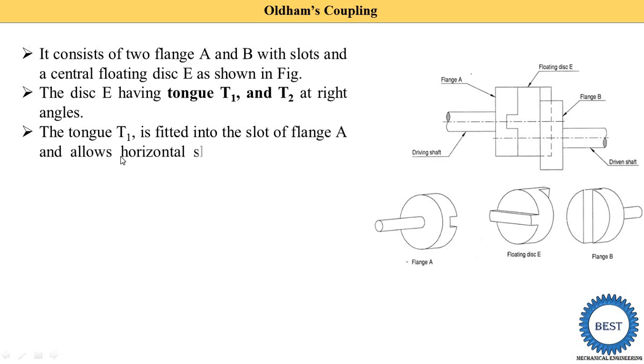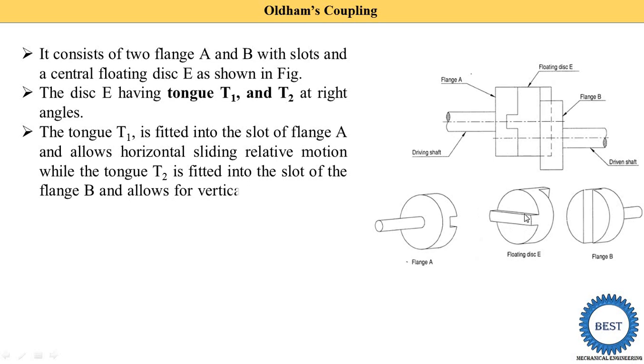Tongue T1 is fitted into the slot of flange A. So this tongue T1 is fitted into the horizontal slot of flange A, and they allow horizontal sliding relative motion, means this floating disc E is able to move horizontally in flange A, while